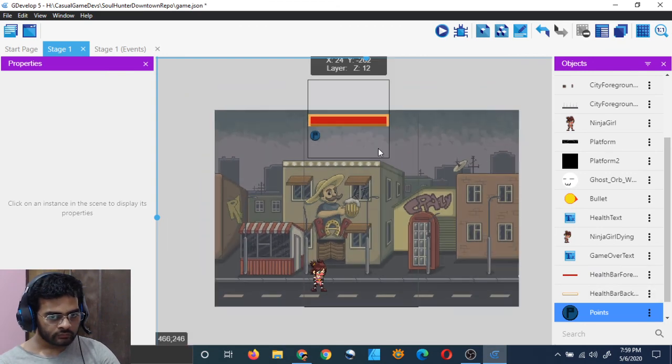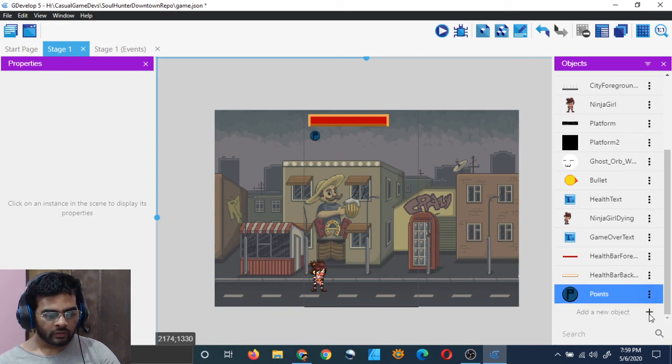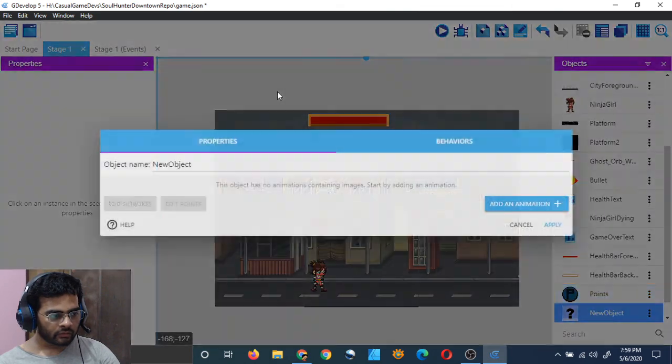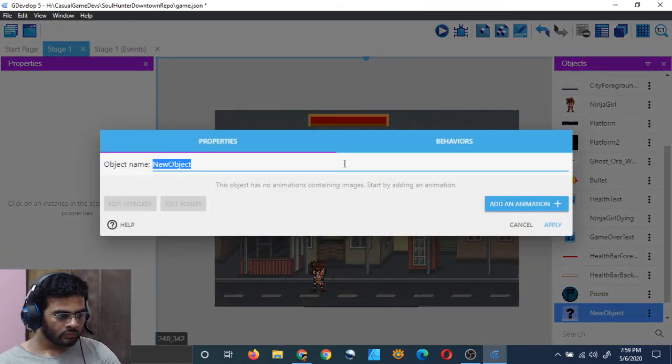This is okay. And now I have the same thing for coins. Add some sprites. Just click on add a sprite, coins. Just coins is enough.